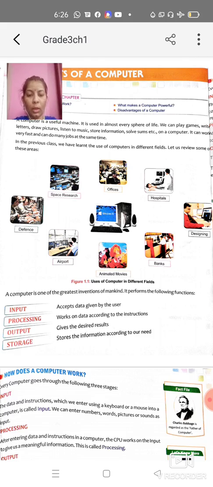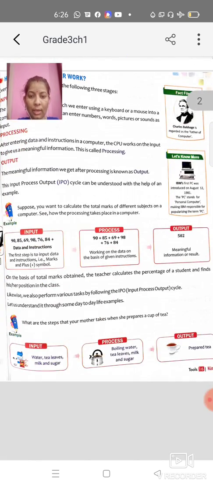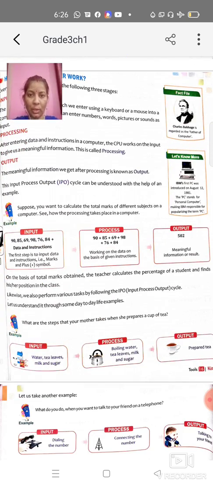Okay, next we have discussed some examples, like the input number example that I explained, finding the sum of given numbers. Input means whatever you are entering in the computer: data, instructions, numbers, pictures, sound, anything. Processing is when the computer works on your data. Processing happens inside the CPU. Input is given through input devices like the keyboard and mouse. Output is the final result that we get through any output device, like a monitor or printer.